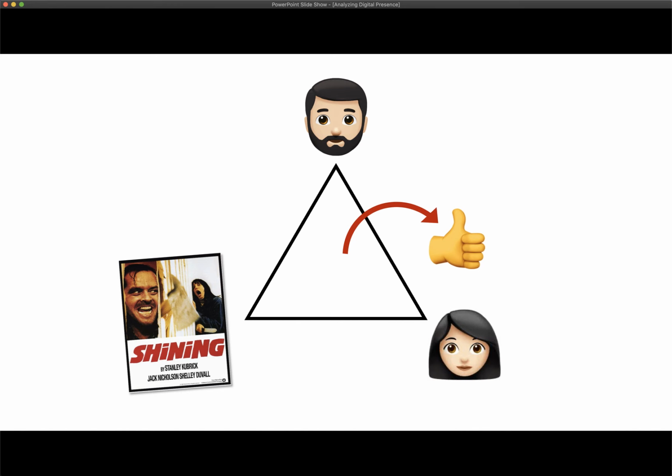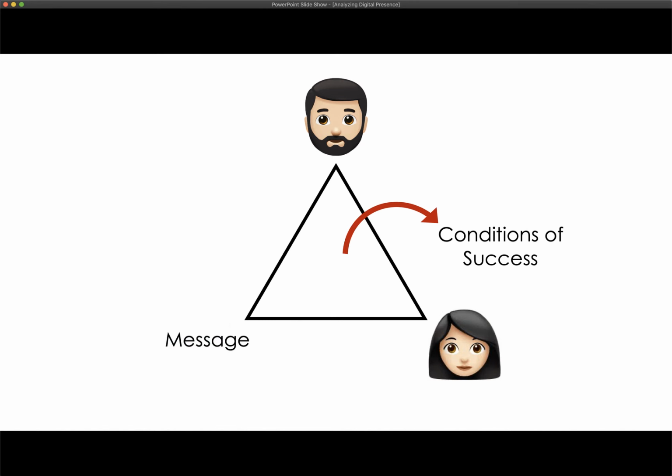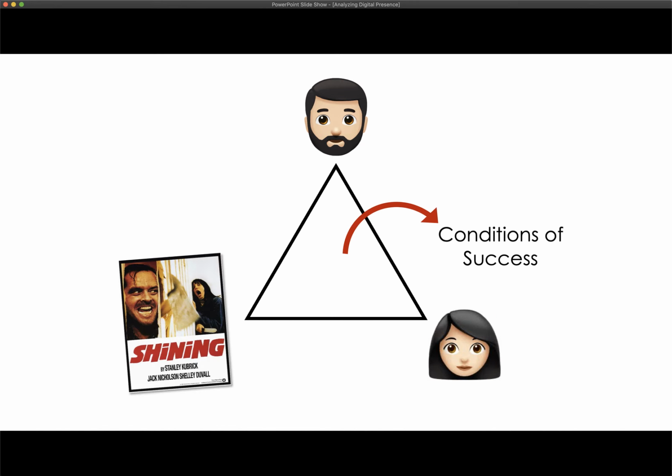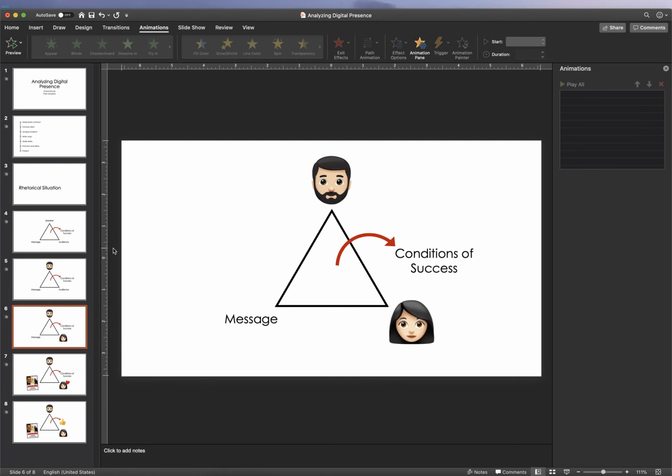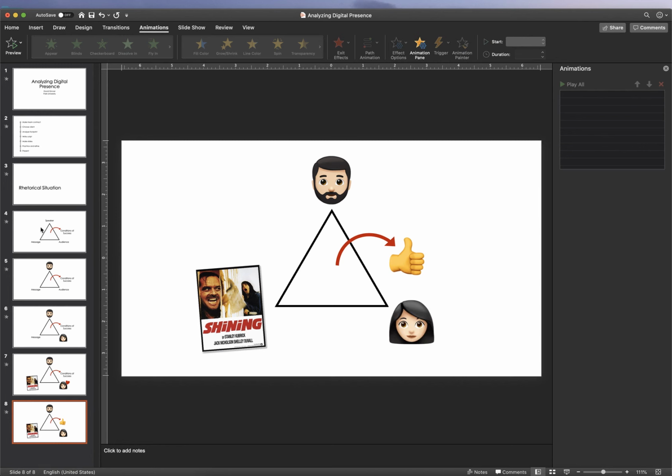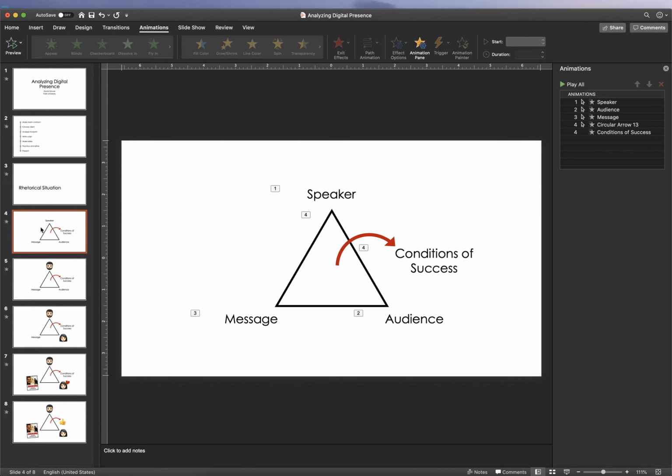That worked pretty good. I'm starting to see that having the conditions of success remain here on the page through this is maybe not what I want, but this is the fine tuning that I can do later, right? I could make the conditions of success part of this disappear at the same time that my face comes on and then reappear down here when I want. But I don't need to know this in advance, right? I'm building this piecemeal. I'm focusing on content. Then I can come back and look at whether the timing is right,